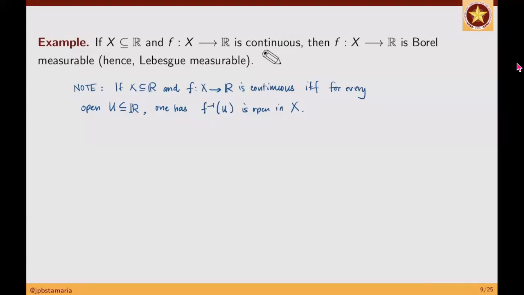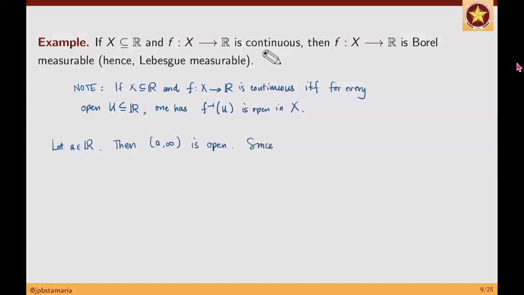So here's the idea. If you take an arbitrary real number, so normally, proof of measurability, nag-start dito, let A be a real number. Tapos i-check mo yung inverse image ng open interval from A to infinity. Kailangan yung inverse image nun nasa loob ng sigma algebra na concern natin. In this case, yung Borel sigma algebra. Correct? The thing is, if you take the interval from A to infinity, this interval is open. Right? This is an open set.